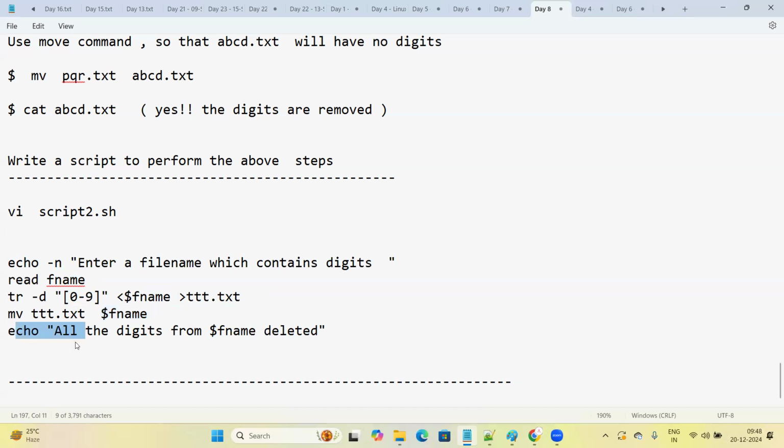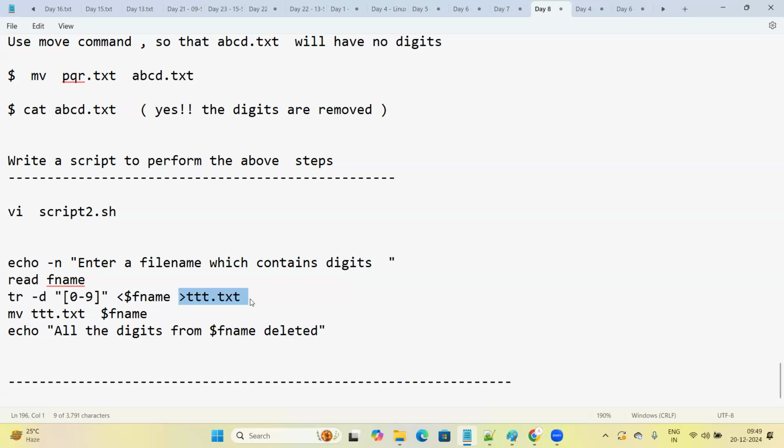I'm printing with the echo command. Anywhere you go, the echo command is for printing the statement that you are giving inside the double quotes. It is just printing, that's it. The read command is accepting the input from the terminal. And here, $filename accesses the value of the variable, saving the entire output after deleting the characters. If any characters are there from 0 to 9, it will delete them